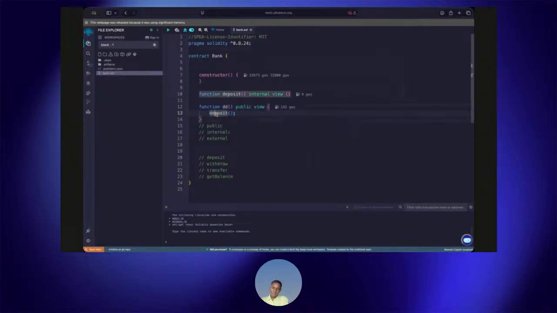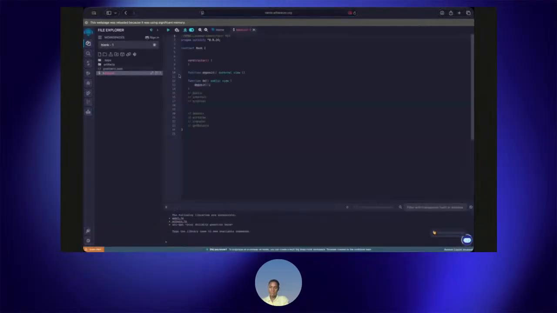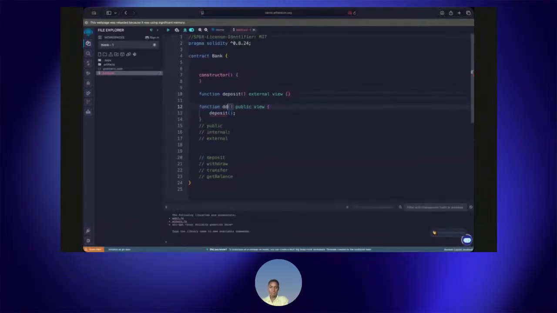So as you can see, I can call this and there will be no error. But if I change this to, let's just say this is internal, and then I change this to external. External allows this function to be called from external sources, but not inside a smart contract.